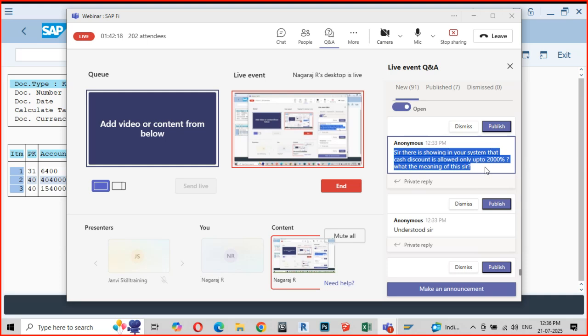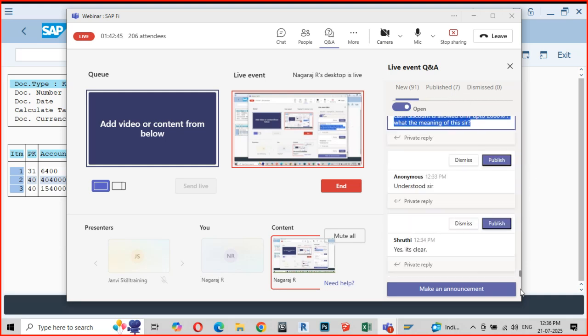All right. So based on each transaction, if you have to permit the user not to exceed a specific percentage of discount or whatever it is, you can restrict that in the tolerance. That is the meaning. Have you understood this? I'm assuming that you have understood. So the tax part is also clear, I hope.